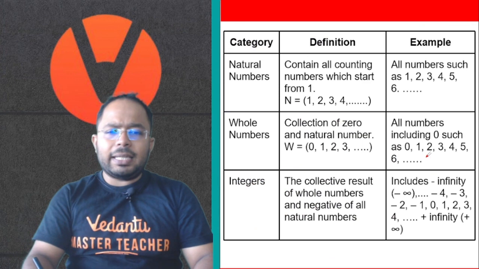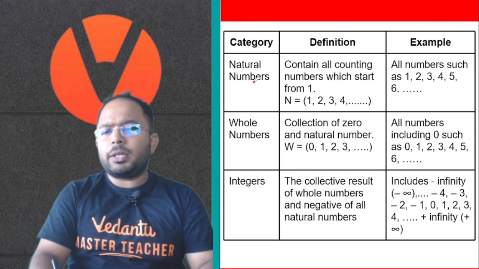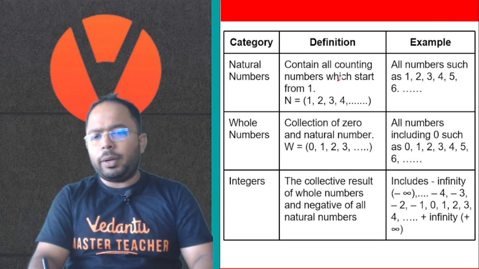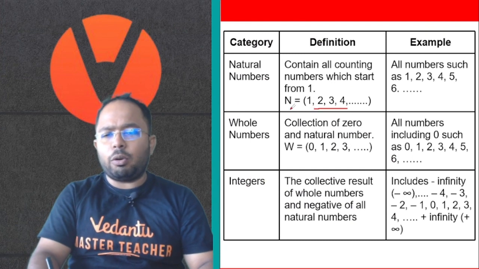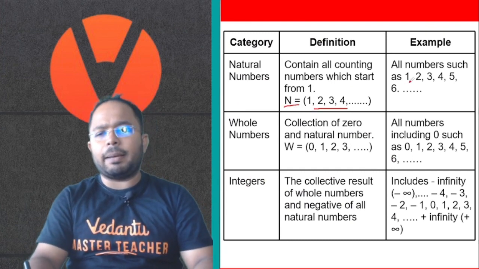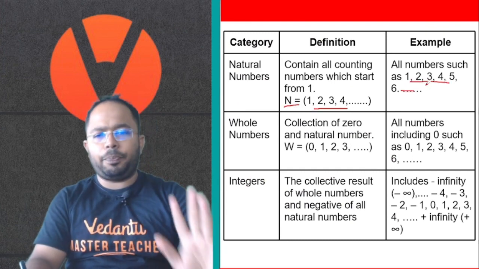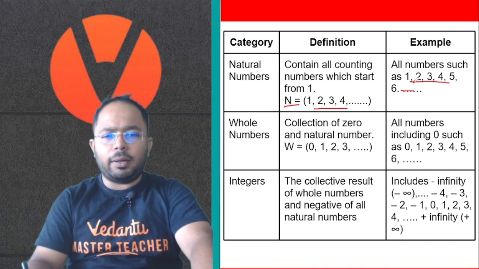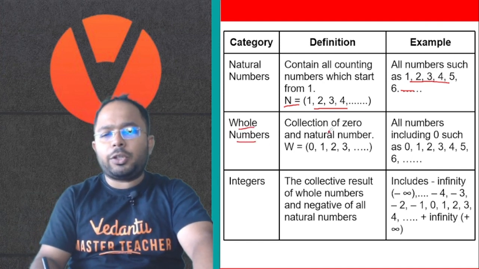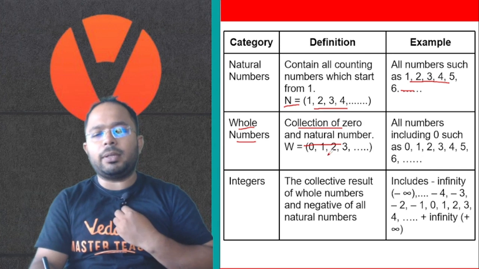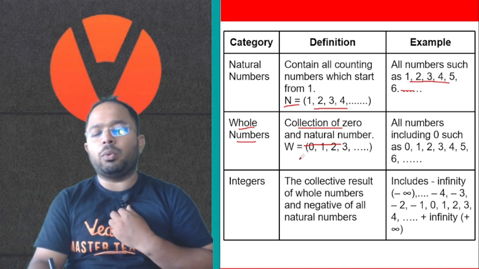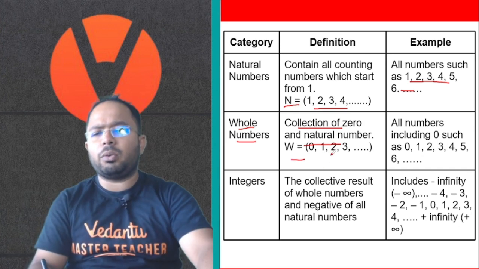तो यस, हमने यही डिस्कस किया कि नेचुरल नंबर्स क्या होते हैं, ऑल द काउंटिंग नंबर्स जो 1 से स्टार्ट होते हैं, इनको हम लोग N से रिप्रेजेंट करते हैं। इसके एग्जांपल्स 1, 2, 3, 4 एंड सो ऑन। स्टार्टिंग फ्रॉम 1। होल नंबर्स हो गए कलेक्शन ऑफ जीरो एंड नेचुरल नंबर्स जो हम W से रिप्रेजेंट करते हैं। जीरो से स्टार्ट होता है, 1, 2, 3